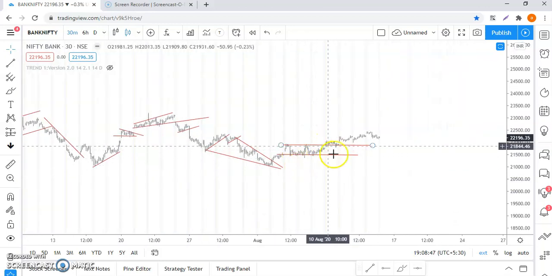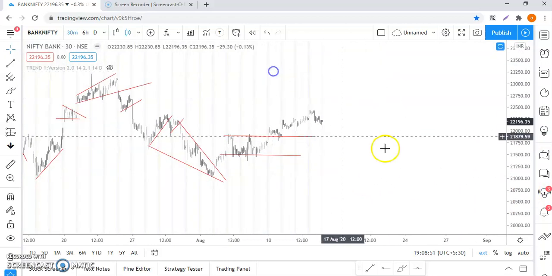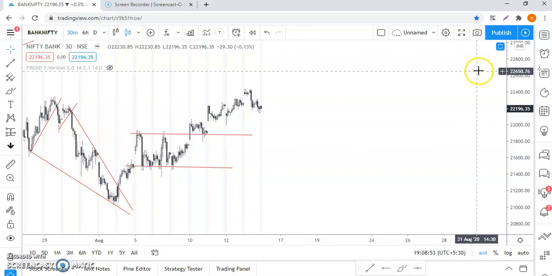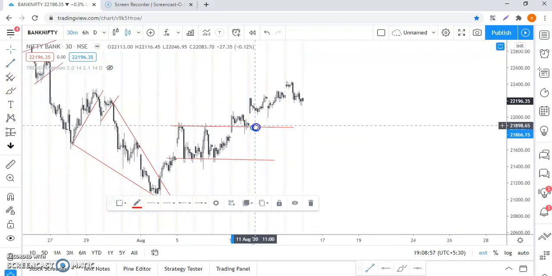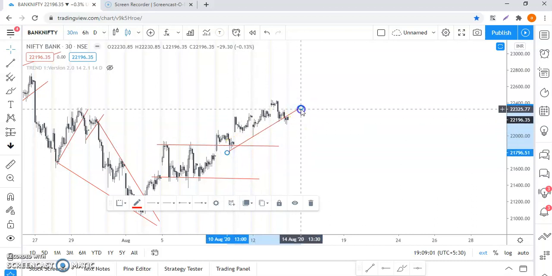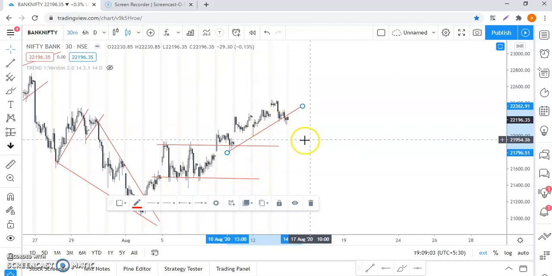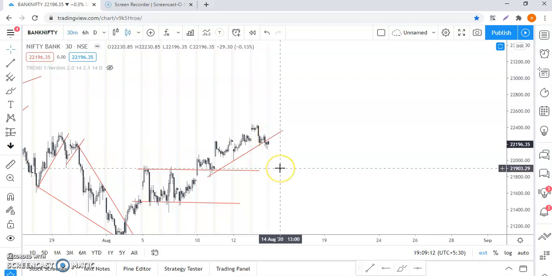See, here you found a channel. What is happening here? On a live chart, I don't know what's going to happen here, but still let us see. You can just identify 3 points and join them as a trend line. The trend line is broken. Trend line broken means what? It's going to short. Before shorting, what will happen? It will retest this position again, then it will go down.